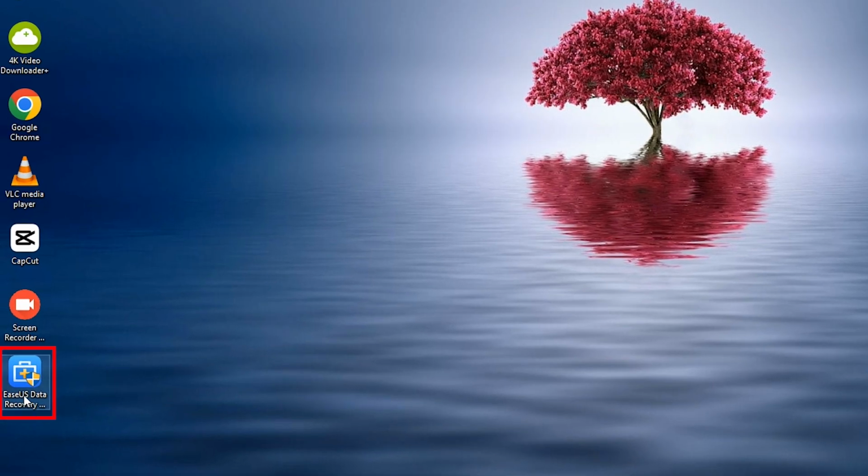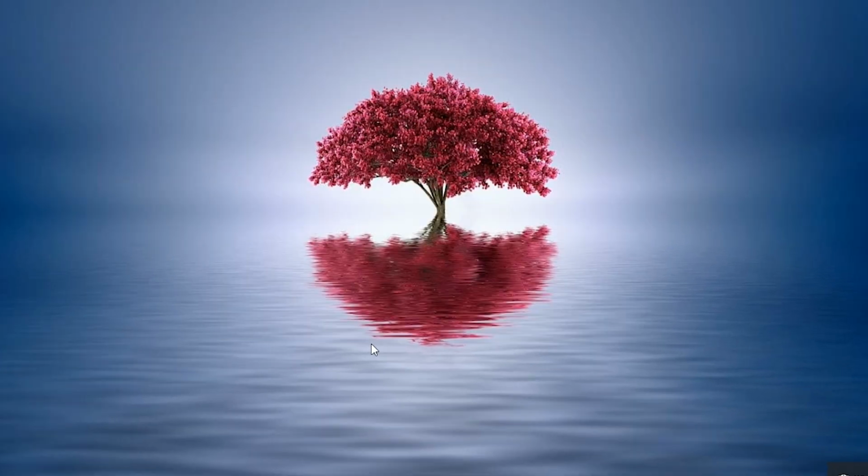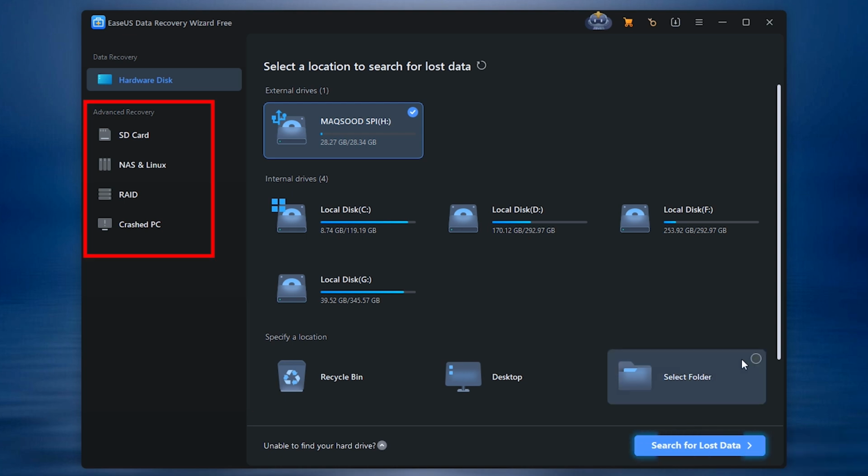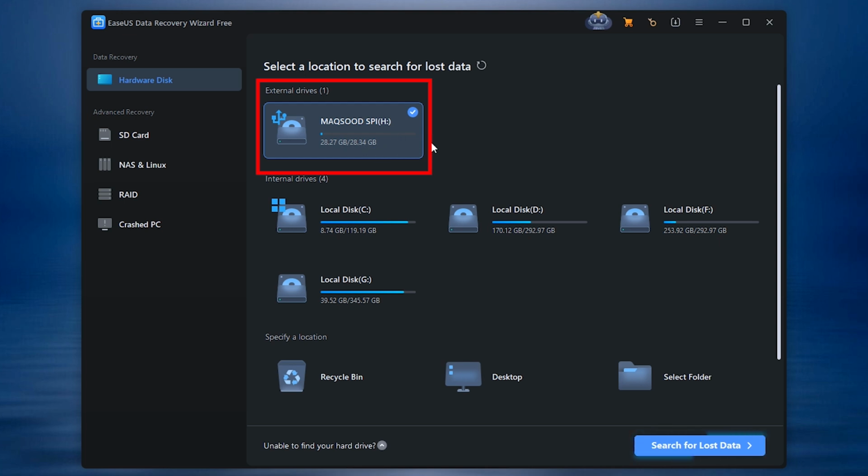First, make sure your drive is connected. In my case, it's a USB drive. Now open the EaseUS Data Recovery Wizard. On the main screen, you'll see a list of drives on the right side. On the left side, there are options like SD card, Linux, RAID, and crashed PC. Since I'm recovering data from a USB drive, I'll select it and click on Search for Lost Data to start